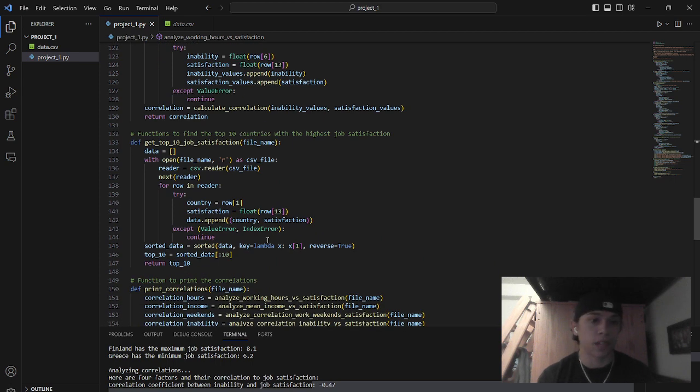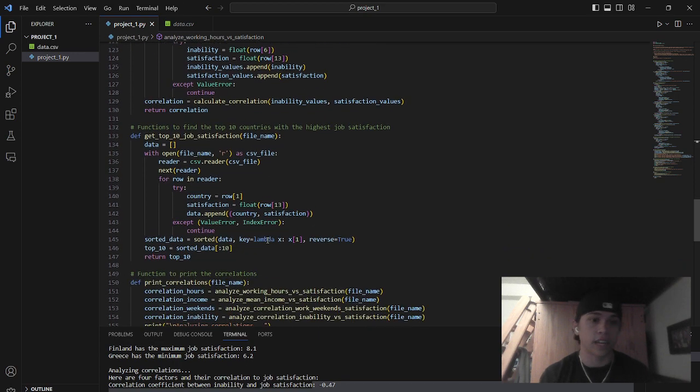Now we get to the top 10 job satisfactions. This function is solely in charge of getting the top 10 countries with the highest job satisfactions. It will create an empty list, and it will open the file data.csv, and it will iterate through the rows and check to see the job satisfaction along with the country name. And it'll go through, it will find all of the countries, add it to a list, and sort it from highest to lowest, and from there we take the 10 top values and return